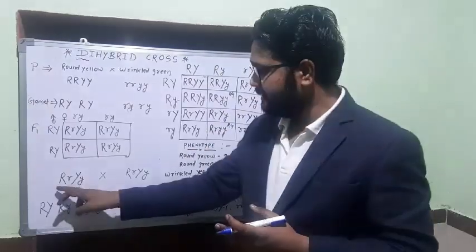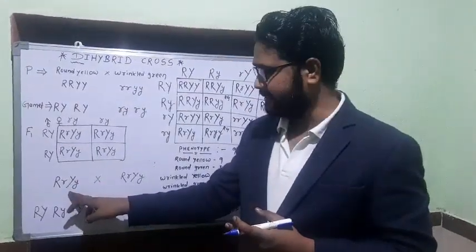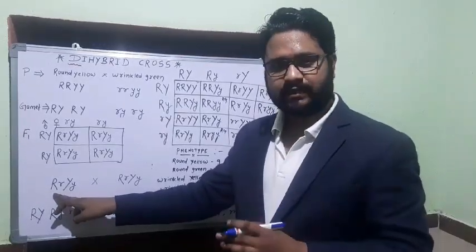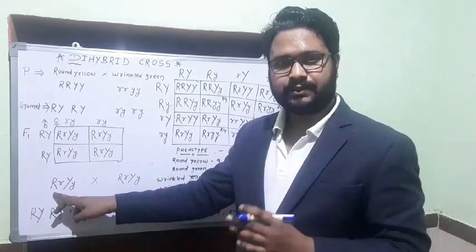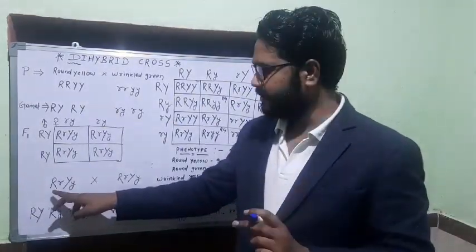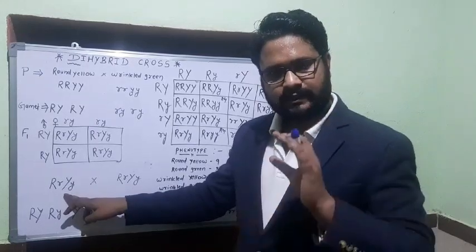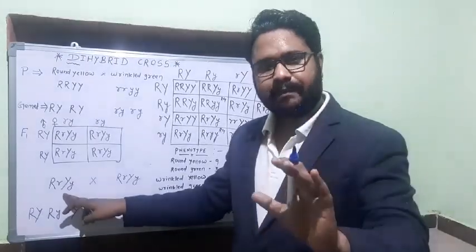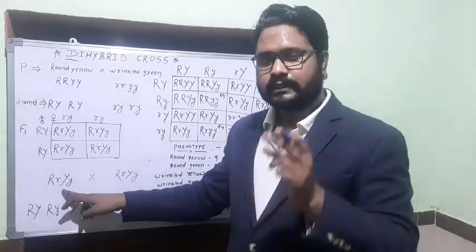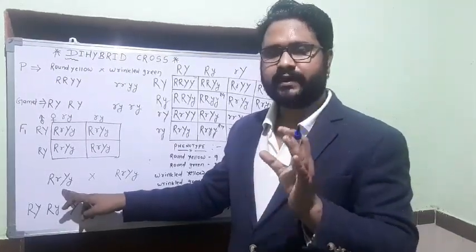That these two traits with their hybrids, 50% came together by segregation and unite during fertilization between two different parents. Now these two traits separate independent of each other,